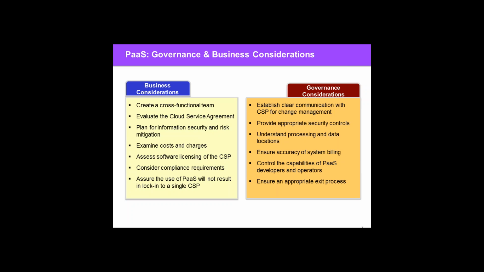You need to understand where processing is going to take place and where data might be held. That can be a big issue. We've seen in recent days the brouhaha about the European Union Safe Harbor program being ruled illegal. That's all about knowing where your data is and that appropriate data controls are put in place for the data and for the processing you're handling. And last but not least, your governance should very much consider what it will take to move away from the particular platforms and server environment that you've selected. Have you got an exit process in place?